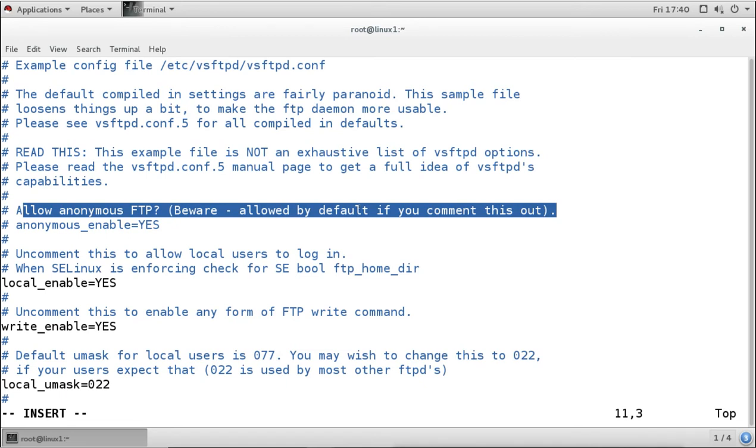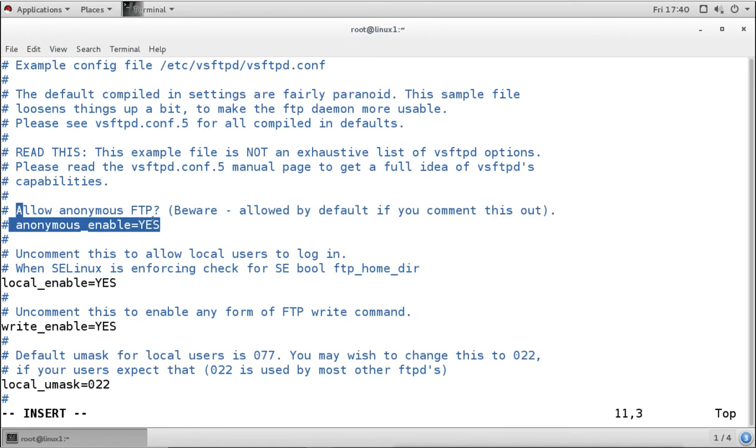So remember what I always say, that in configuration files, if some lines are commented, or they are not available in the file, not configured here, still they will be applied with the default status. The default status for the anonymous user is enabled. So even if we remove the line or comment the line, the anonymous user will remain enabled and active, and can still connect to the server.